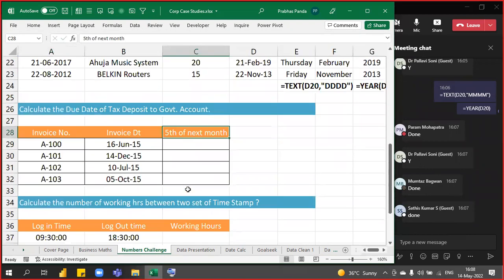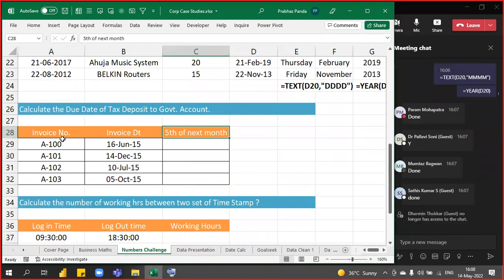So I'm now going to go for the next example. Let me take you through this data first. It's a very beautiful example again, which is going to save a lot of time. See how it is going to work. The moment you look at the data, we have got invoice numbers and invoice dates. Now say, for example,